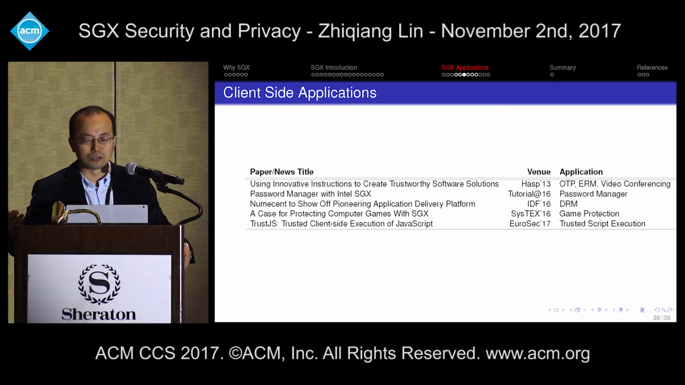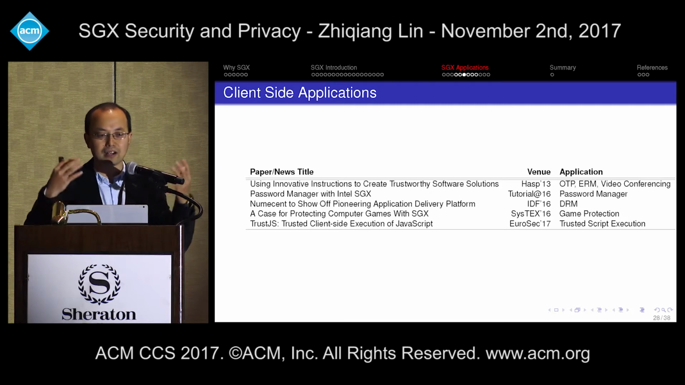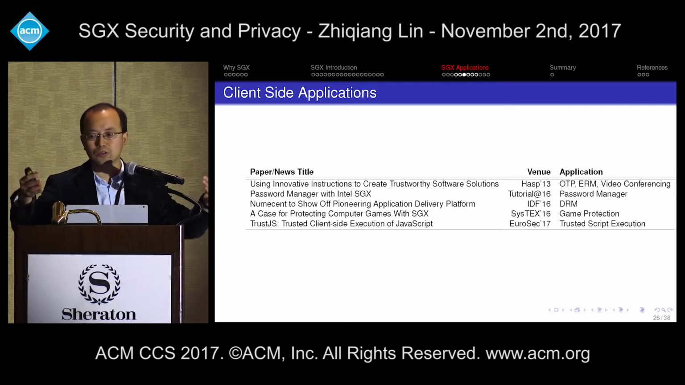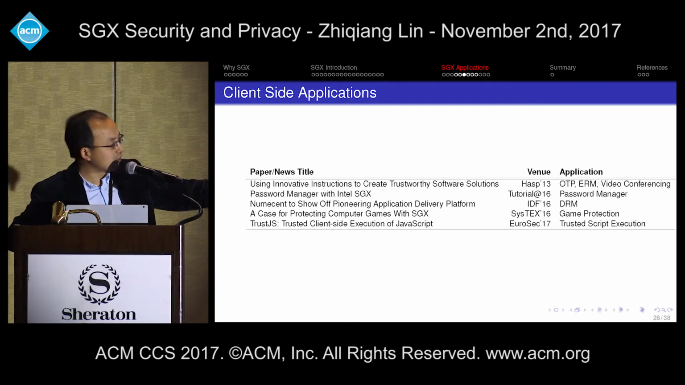In the literature, we don't find many papers on the client side about how people could use SGX to protect their clients, the code running on the client. How can we protect that? So in the first paper,